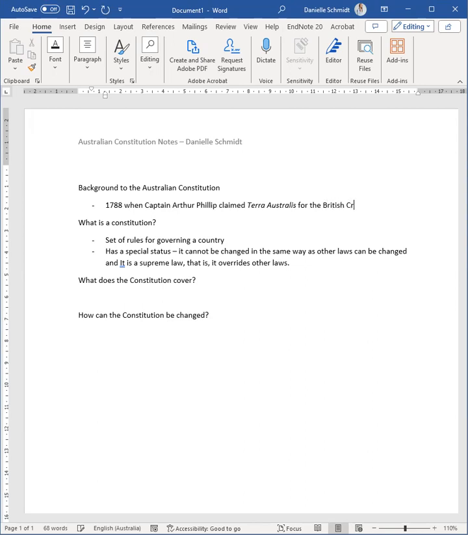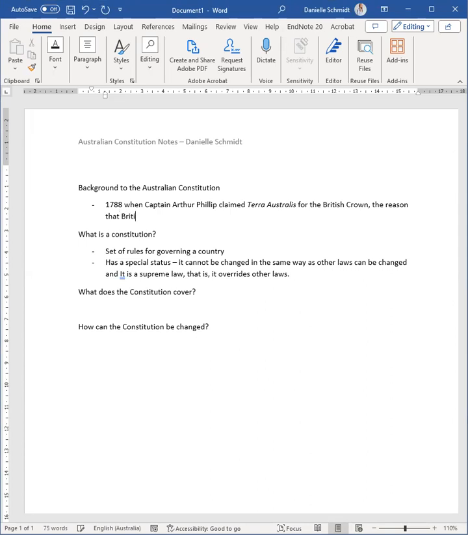For the British Crown, the reason that British law applied, and we know that still to this day, we do look to what the courts over in the UK are doing, and that really stems from this moment. The reason that the British law applied was because the colony was classified as settled